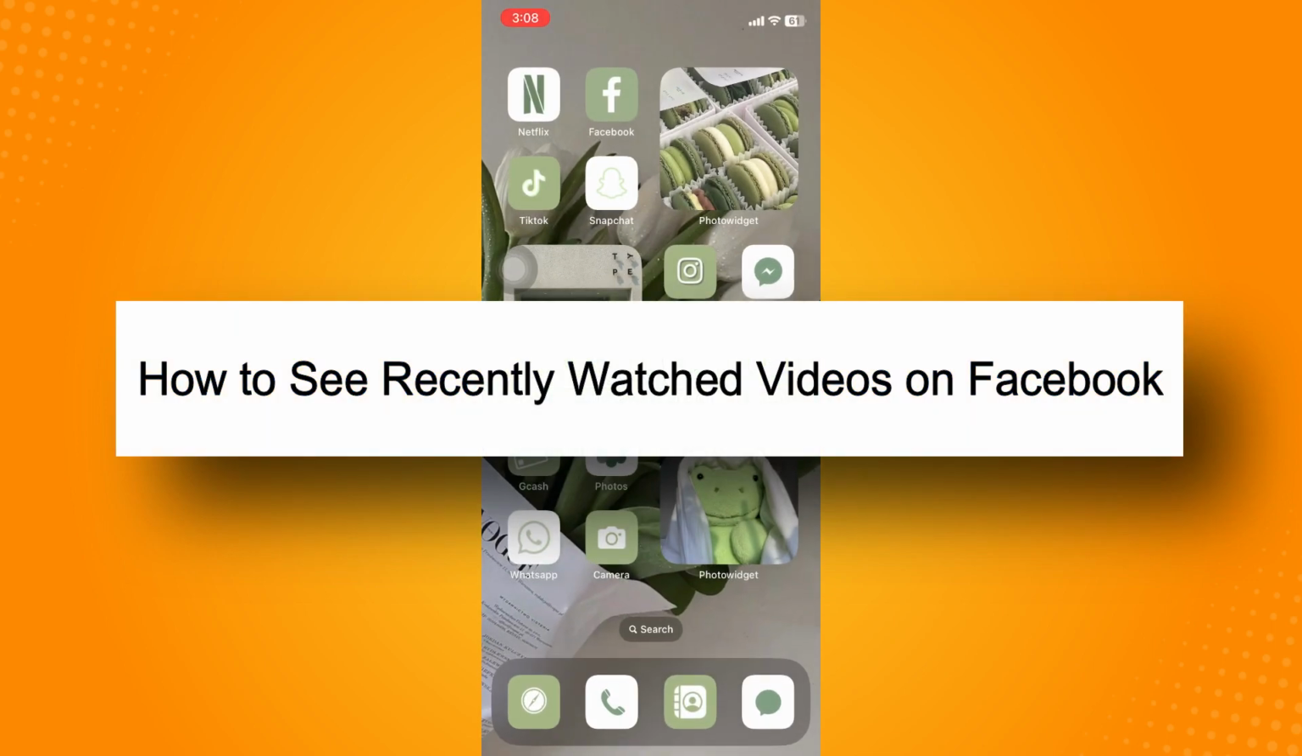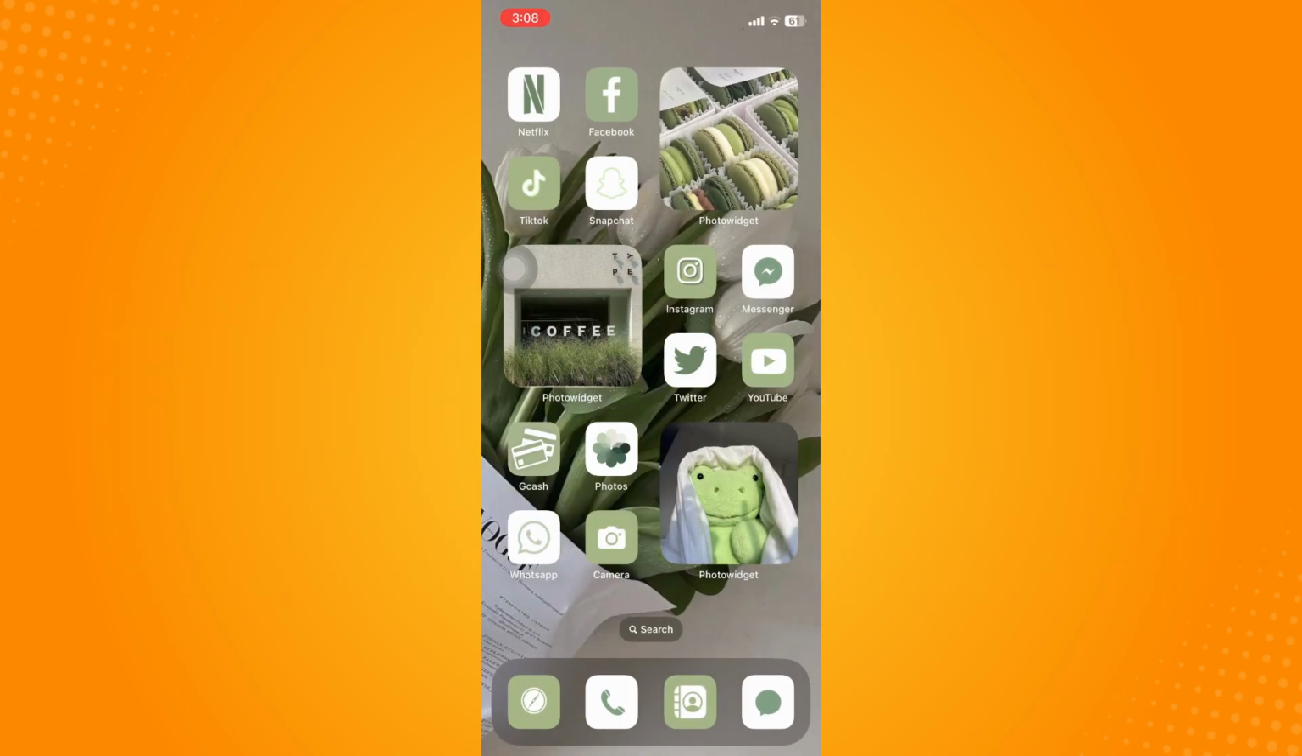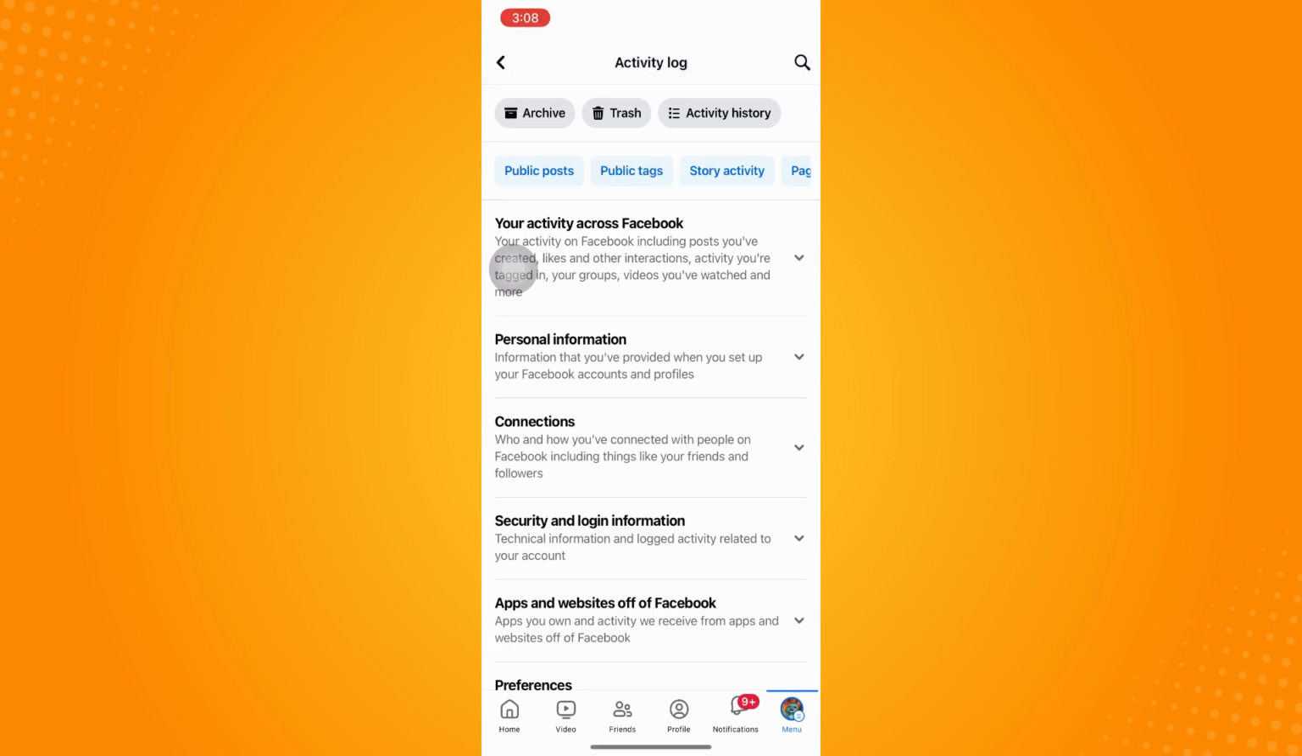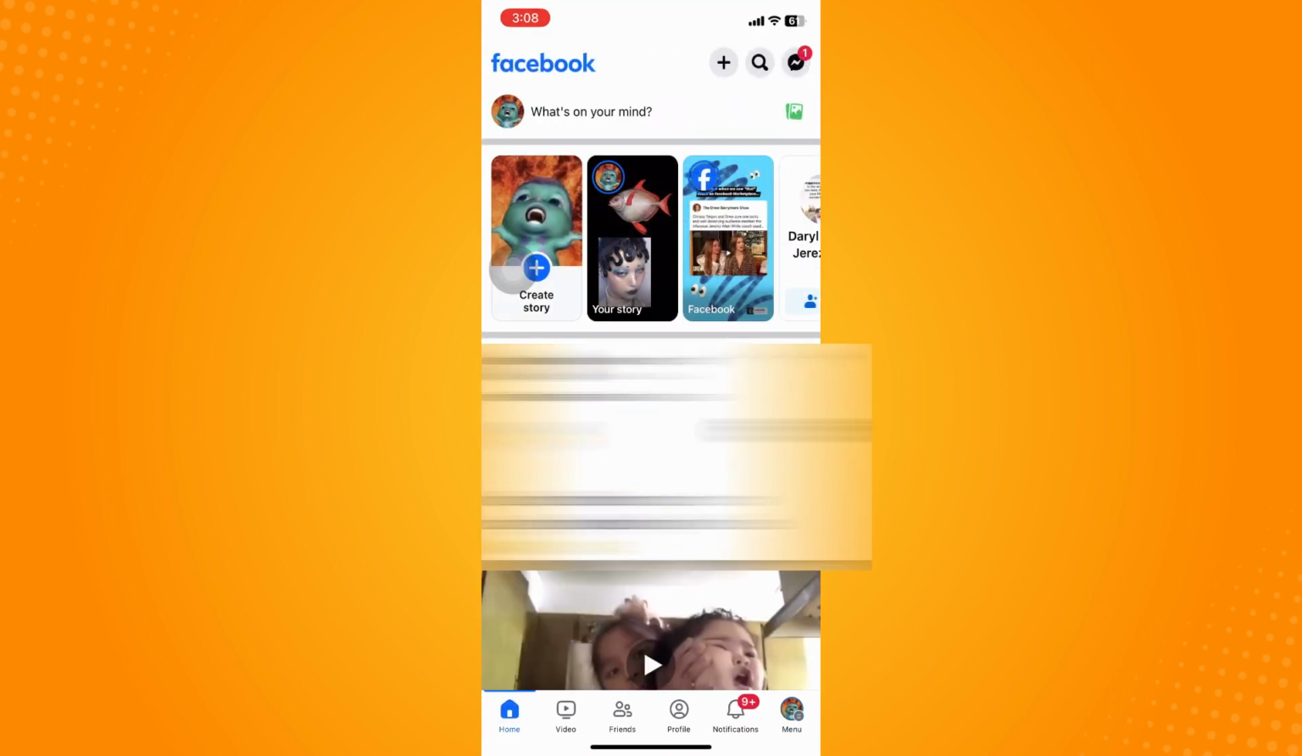How to see recently watched videos on Facebook. So what you're going to do is go here to your Facebook application and it will lead you here to your homepage, right? Now, the very first thing that you're going to do is, on the bottom part, you'll